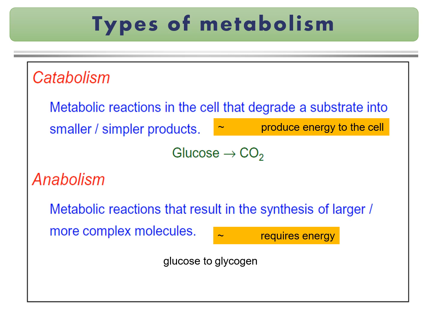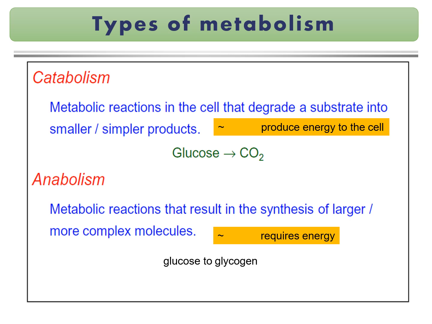Now, as we have already studied what anabolism is, there are two types of metabolic processes that occur. One is catabolism and the other is anabolism. Catabolism means that in some metabolic reactions, larger molecules are degraded into smaller subunits. As an example, glucose molecules are degraded into carbon dioxide, and some energy is produced for the cells.